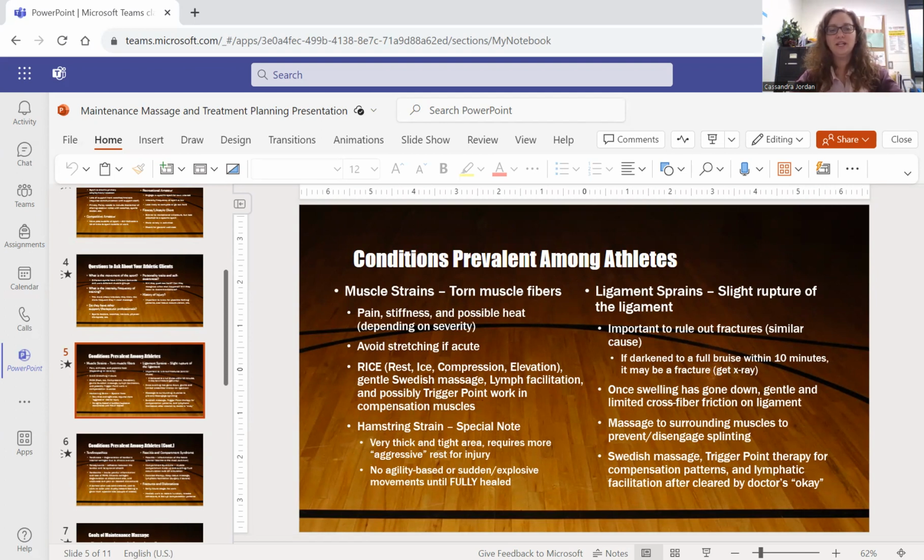The other one is a ligament sprain. This is a slight rupture of the ligament. It's important to rule out fractures, like broken bones, because they can have similar causes. If someone comes in and they think they have a sprain, but it darkens to a full deep bruise within 10 minutes, it may be a fracture and